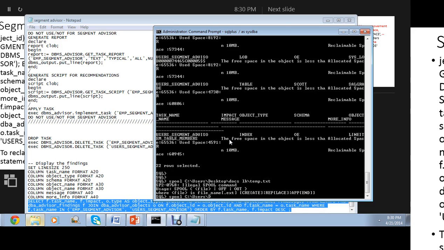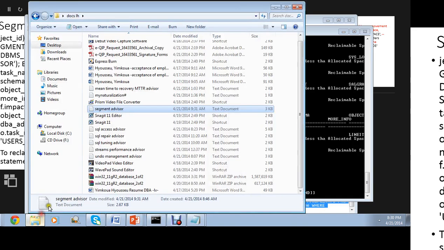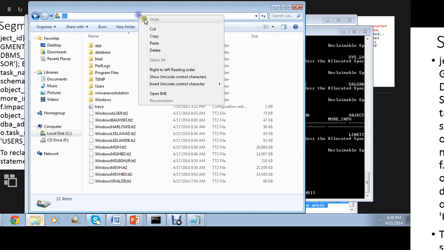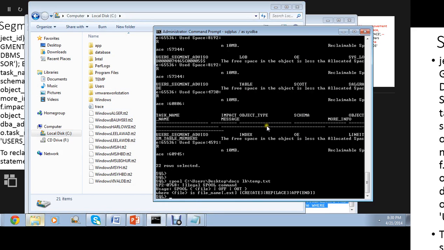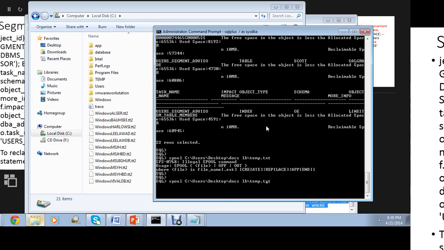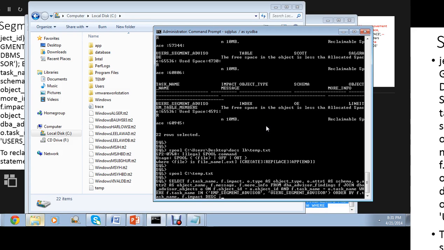Let me do this. Okay, let me not spool this. Actually, let me do this. I'm gonna copy this. I'm gonna spool it to my C drive, spool temp. Okay, and then what I'm gonna do is I'm gonna run that script again,